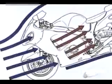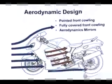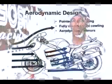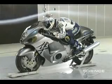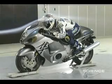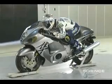In 1998, when Suzuki set out to design the definitive sports bike, engineers faced a far greater challenge than simply adding more horsepower. It's very easy to build an engine with a lot of horsepower, but to achieve the speeds that they were trying to get, it really took a lot more, and it really took them a lot of time in the wind tunnel in trying to create a bike that was very aerodynamic and with a low coefficient